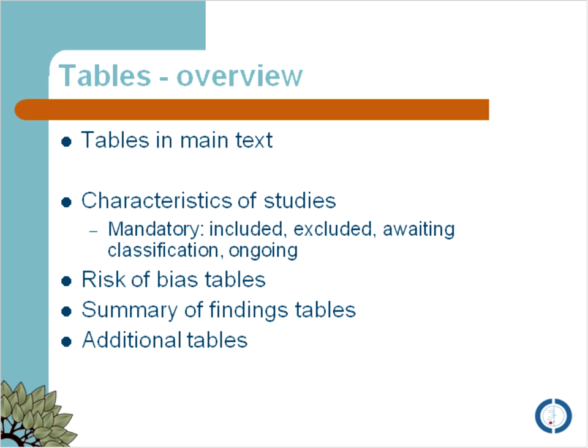So let's say you've predefined an item that you want to look at sensitivity analysis for, and it makes sense to do so. Then all you would do is deselect a study. I'm just going to deselect MKey 2004, as you can see over here in this column. You see that the data disappear. I'm going to pull up the forest plot. You can see that even though the actual data are there, its contribution to the meta-analysis is not shown.